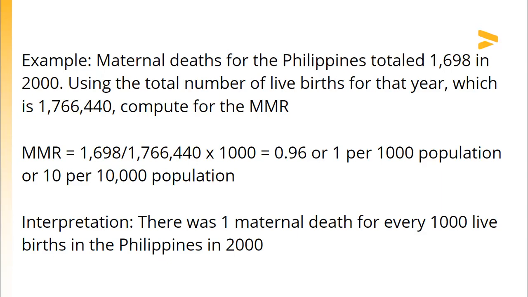We count the total number of maternal deaths in that particular period of time, in this case in year 2000. So the number of moms who died during that time due to pregnancy was 1,698. And then we compare it with the total number of mothers who gave live birth, who are alive at that time, which is